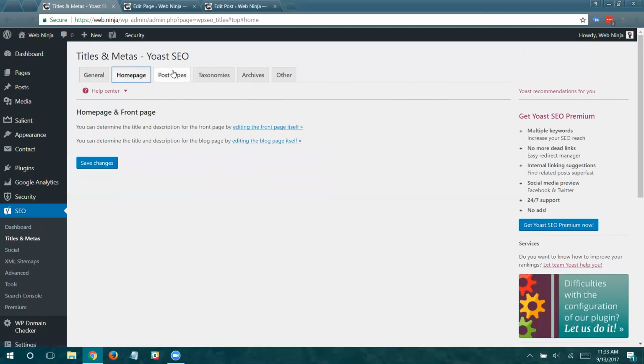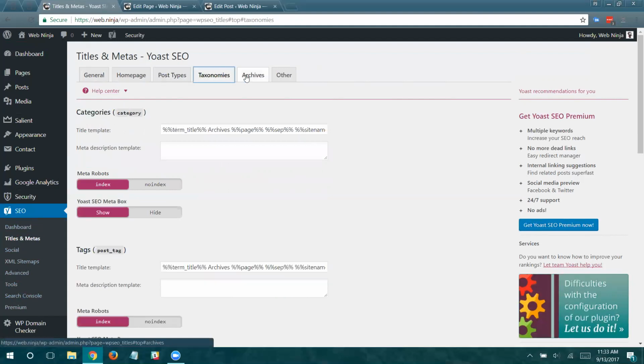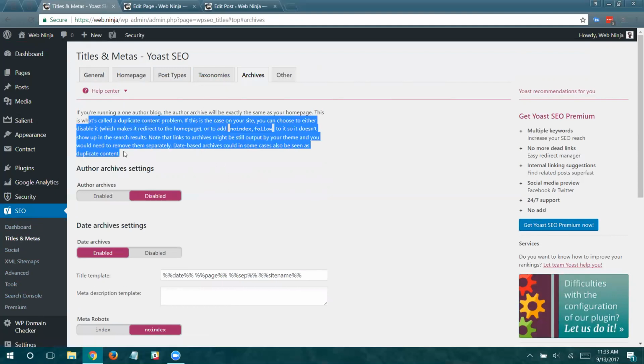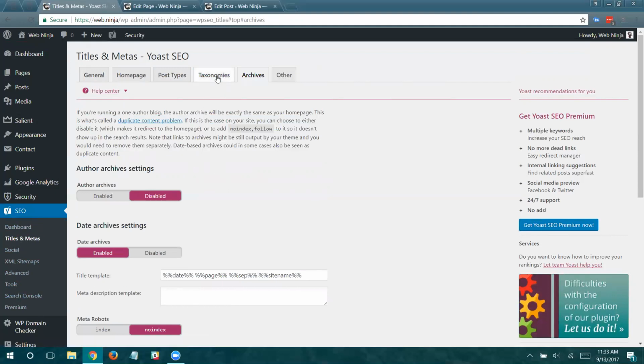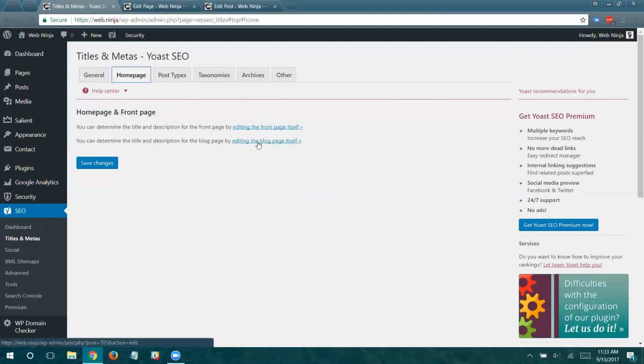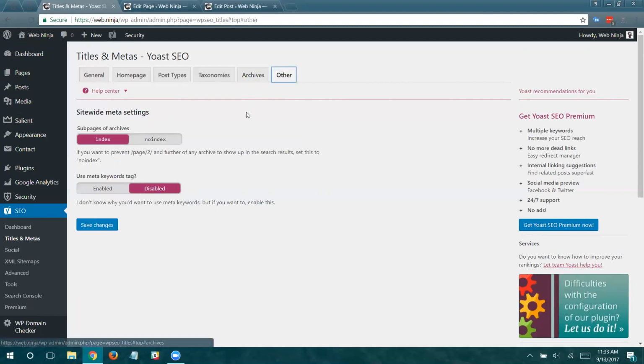You've got different settings that you can set. And it really is very straightforward as to explaining what each of these is for. If you need to go somewhere else, like for instance, the home page, that actually takes you to a different place, and it just takes you right there, which I think is fantastic. They've made it as user-friendly as I could possibly imagine.